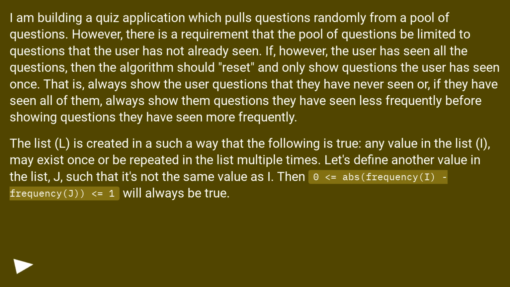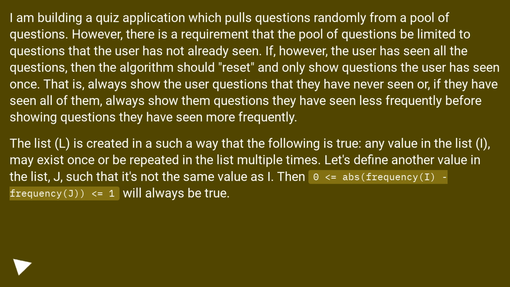seen. If, however, the user has seen all the questions, then the algorithm should reset and only show questions the user has seen once. That is, always show the user questions that they have never seen, or, if they have seen all of them, always show them questions they have seen less frequently before showing questions they have seen more